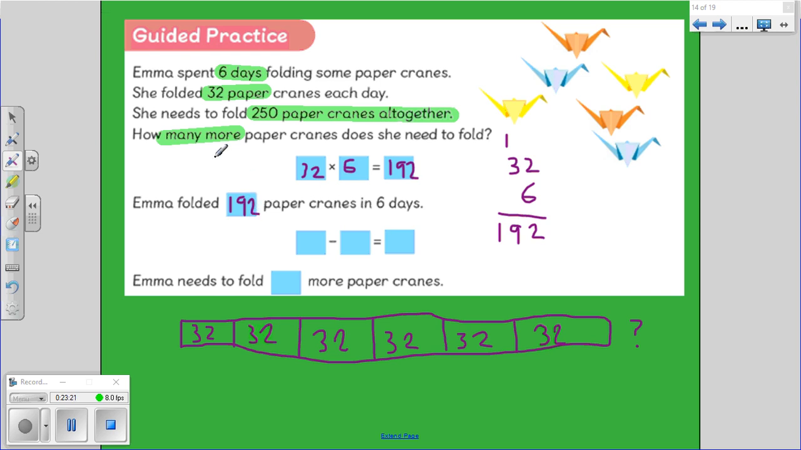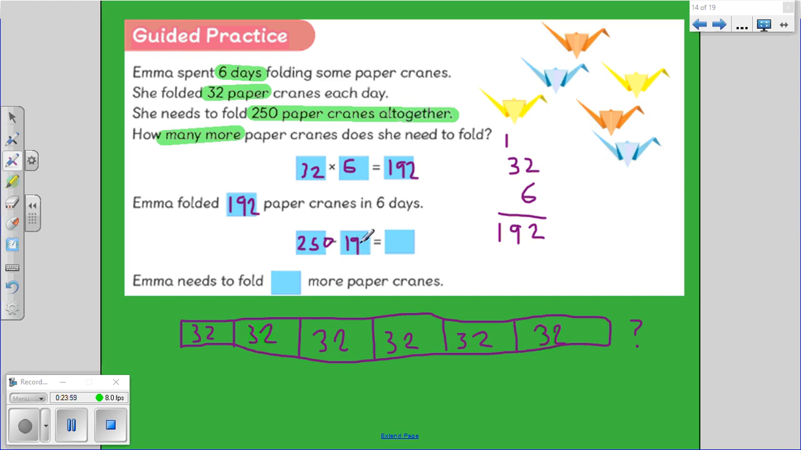But that doesn't answer my question at the bottom. So it's 2 steps, remember. We need to work out how many more paper cranes she needs to make. So we know that this is her target, 250, and this is how many she did make. Now we know to find the difference, to find how many more, we need to subtract. So we need to do 250 take away